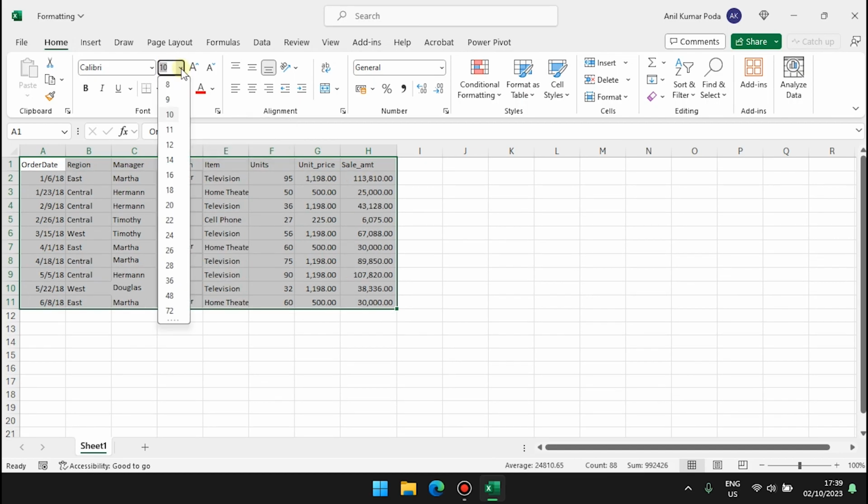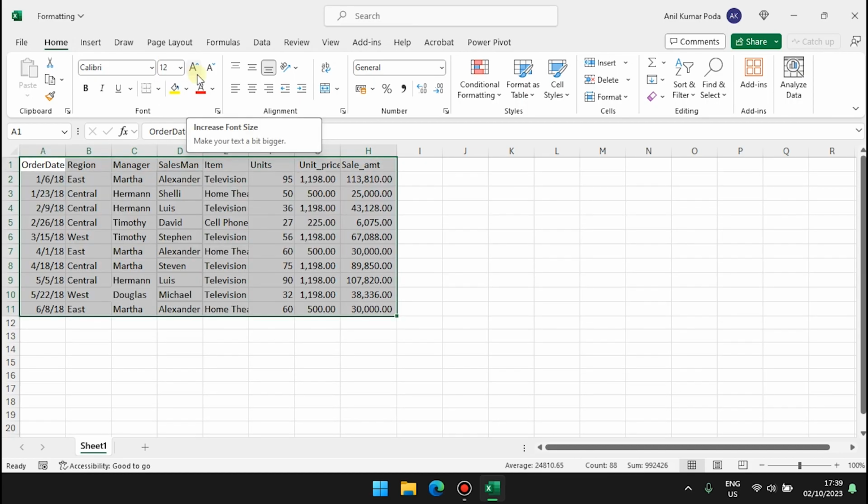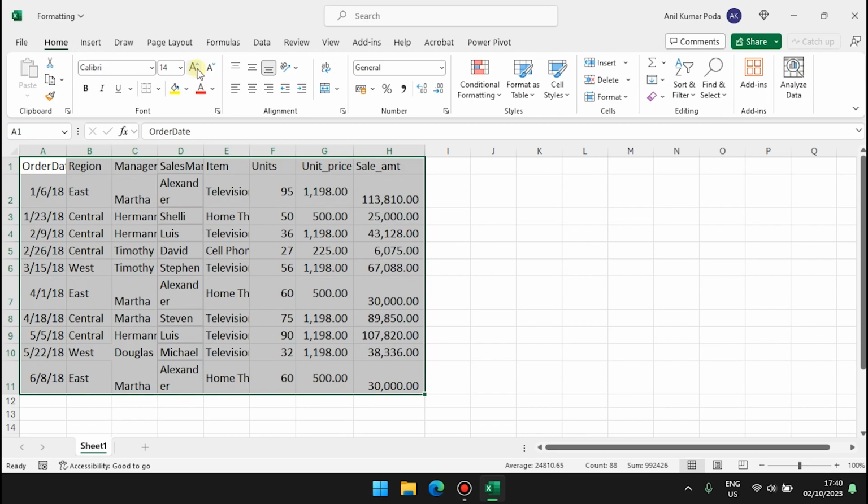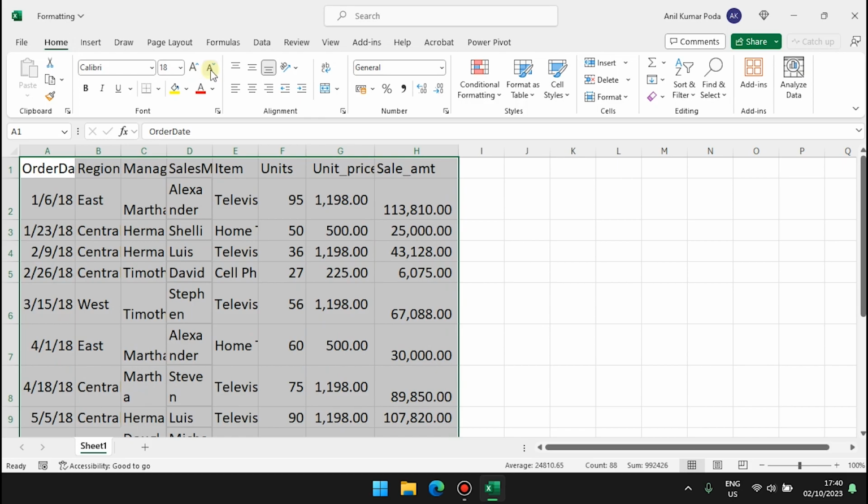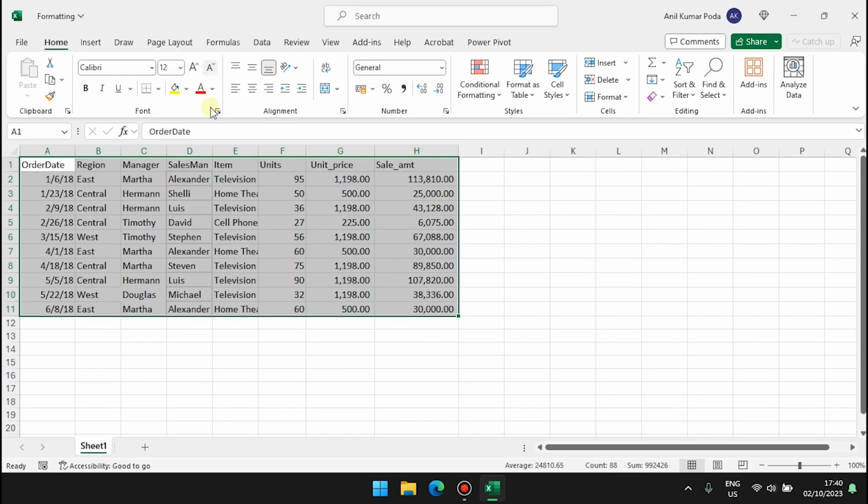By default, we go with 12 points. And we have two separate menu options for increasing or decreasing font size. When you click on increase font size, it increases the font size by 2 points. If you click on this one, it decreases the font size by 2 points. So that way we can select the font and adjust the font size.